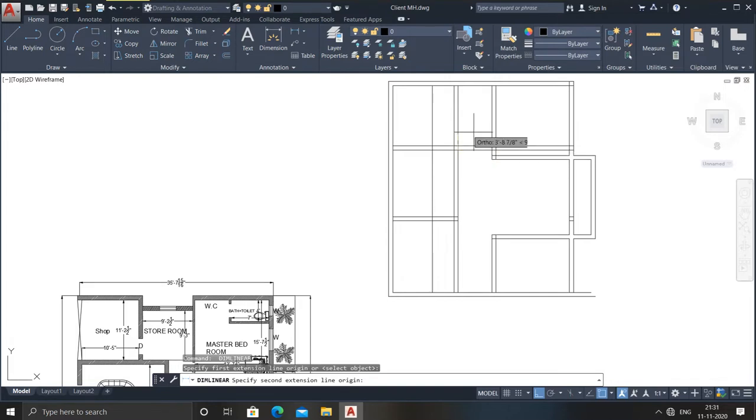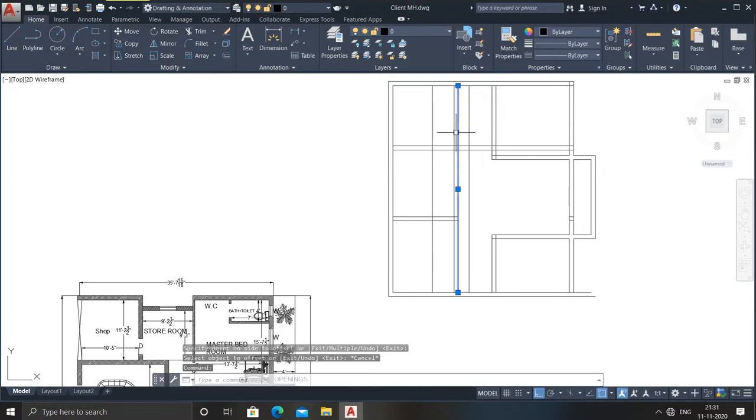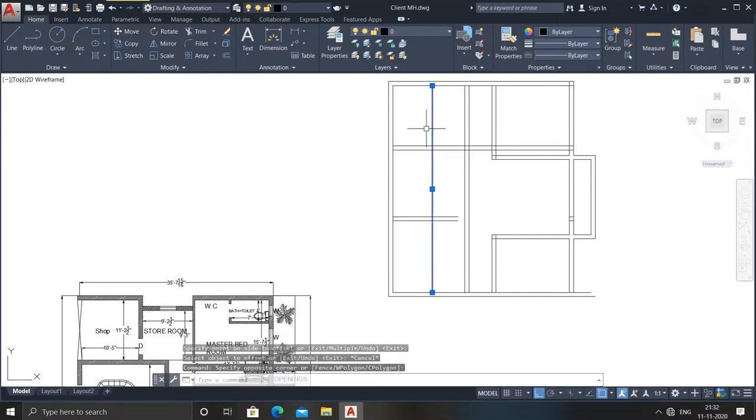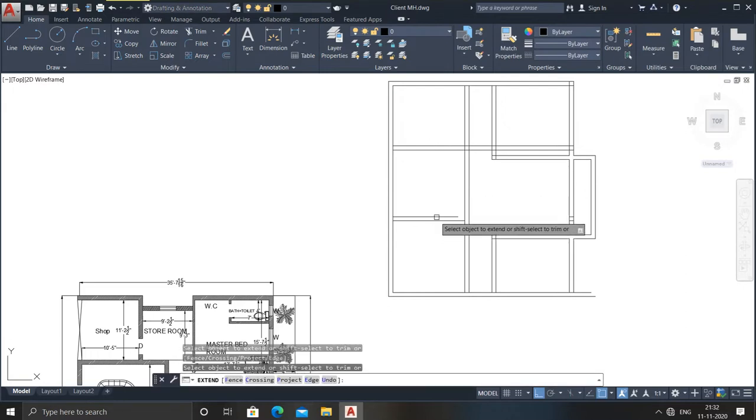I do not want to make it 7 feet, I need to make it 5 feet. So this is the 7, I need to reduce it by 2 feet. Go for offset command of 2 feet from here to here. Just go to inside 2 feet. I have gone to the inside. Now delete this. Deleted. Go for offset command of 9 inches. As you can see it, this work has been done. Now delete this. Now go for extend command, double enter. You can see I have extended these lines also.